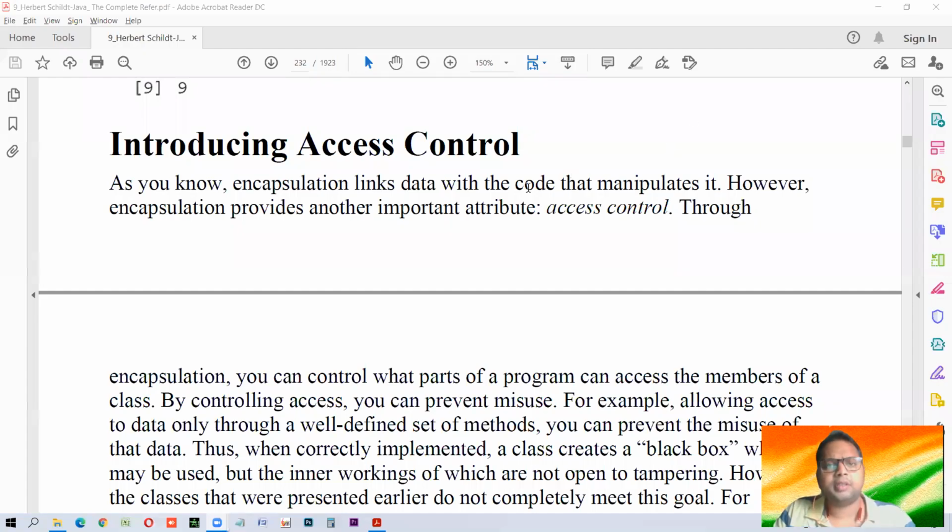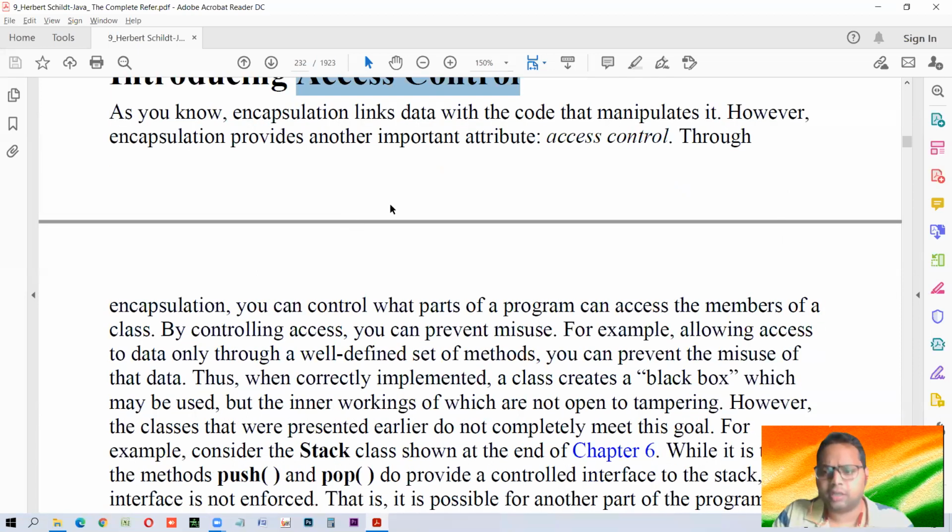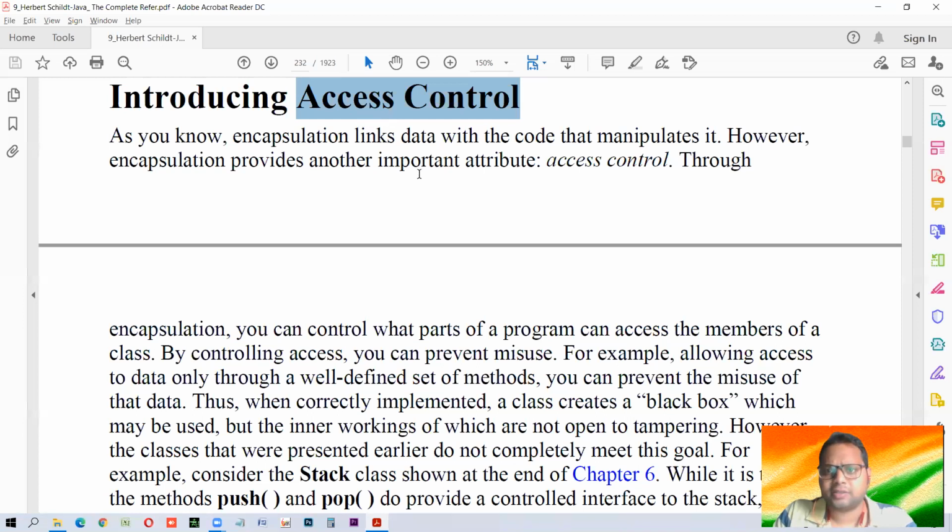Hello students, in this class we'll see what access control is. We have been using keywords like public since the very beginning. We haven't used private, I suppose, but public we have been using for a long time. I had told you that we'll come to know about these things once we arrive at some such point of time. Now this is the time when we have to study, learn and understand what access control is.